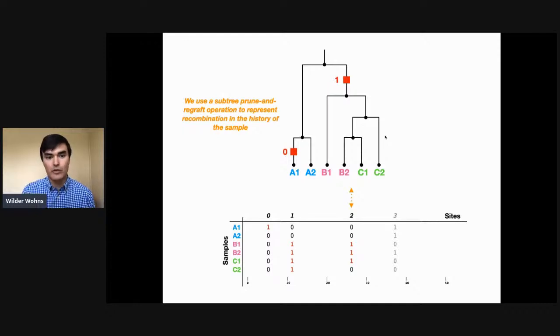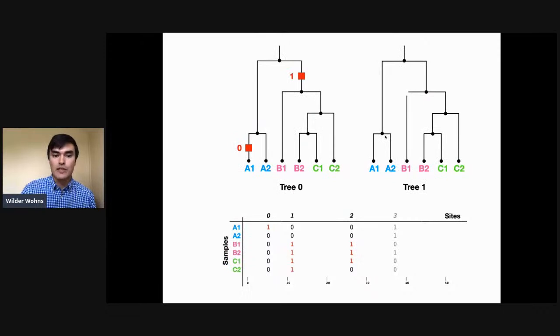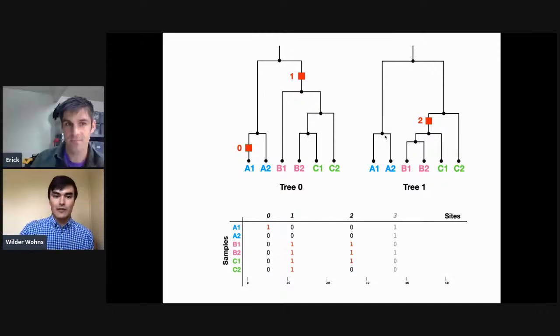So what's a subtree prune and regraft operation? It's exactly what it says. Let's copy the tree and prune a subtree from it. So there we go. We prune the subtree that leads to B1, and we regraft it onto the tree like so. Subtree prune and regraft. And then we'll do some bookkeeping. And look at that. We got another tree, and we put the mutation on there. And it all works out. Fantastic. That was a subtree prune and regraft. There was a recombination in that ancestral history leading to B1 that led to that SPR, as we call it,